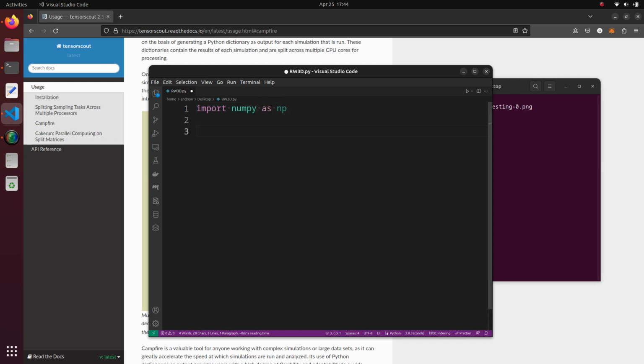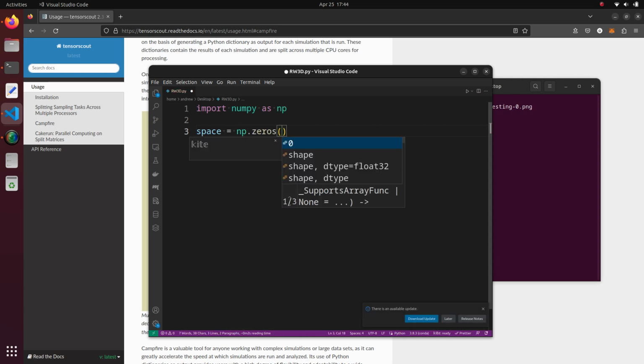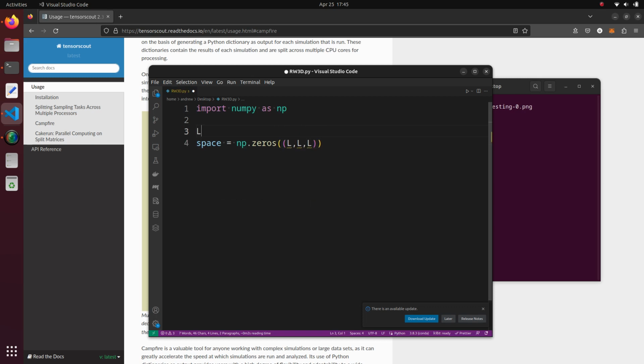Okay, now if you think about random walk, of course, what comes to mind for me, at least when you're talking about 3 dimensions, is the 3-dimensional space. We need to declare it. Our 3-dimensional space is going to be represented as a sparse 3D matrix or 3D array with a length scale of L. Let's say we wanted the space to be a